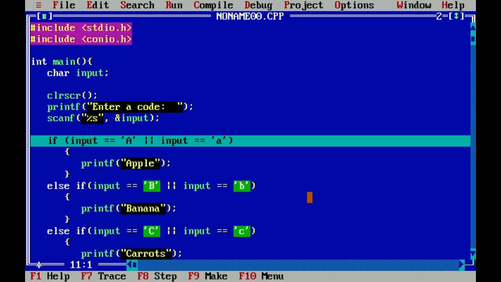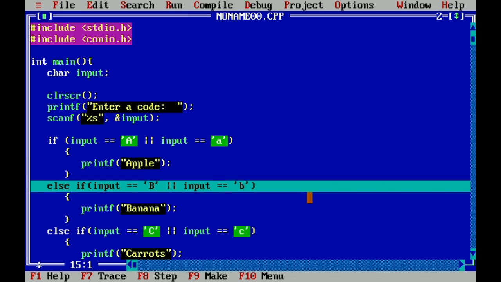The next statement is to compare if the input is equal to capital letter A or small letter A. If it's not, then it moves to the next condition, which is your else if. Then it compares again if it is equal.